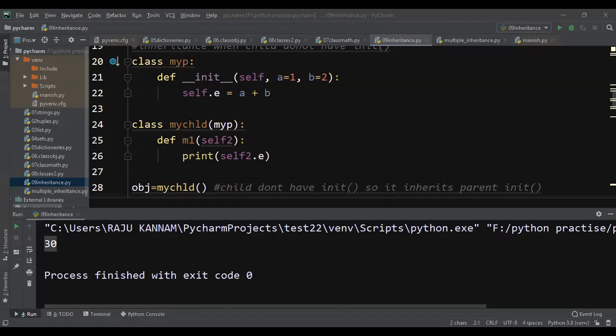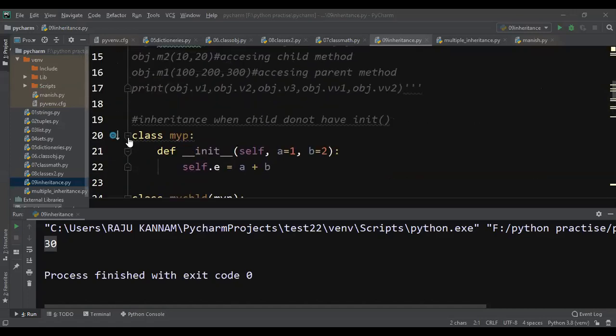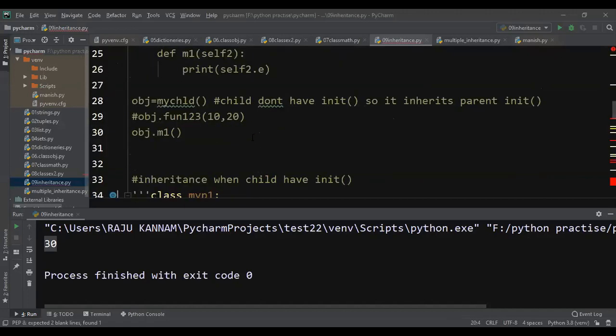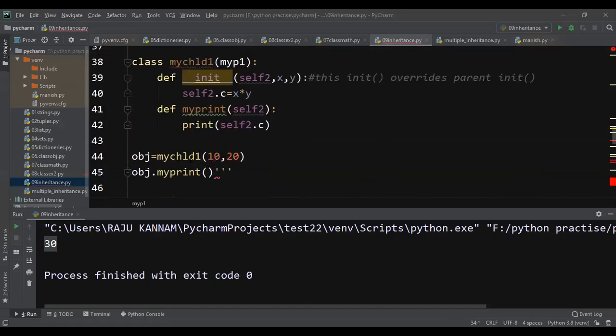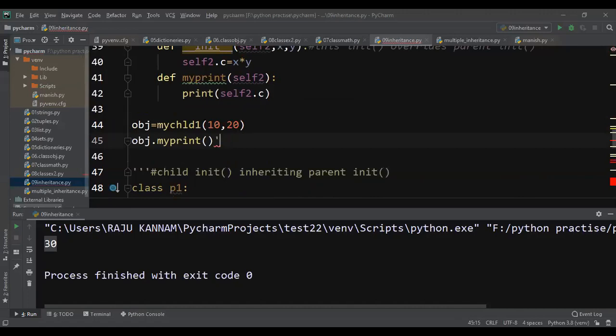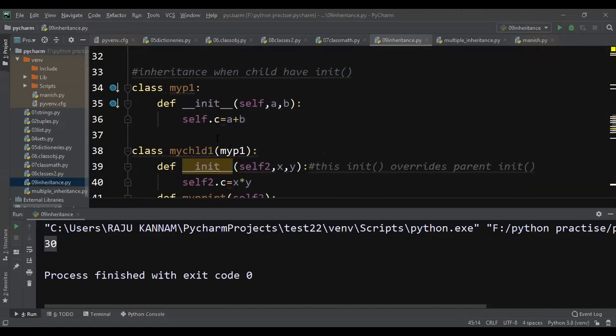Now, what I'm doing here is, I'll comment it out. Now see this example. Here my P1 is the parent.